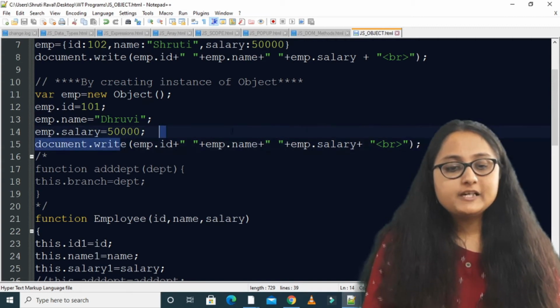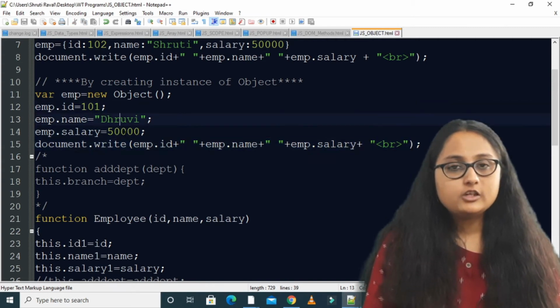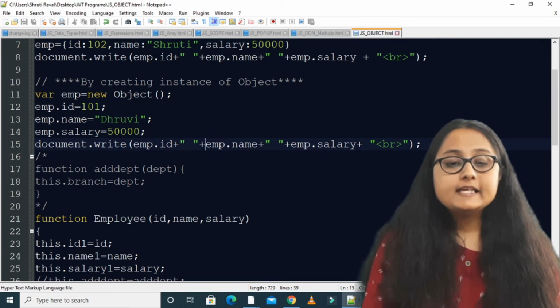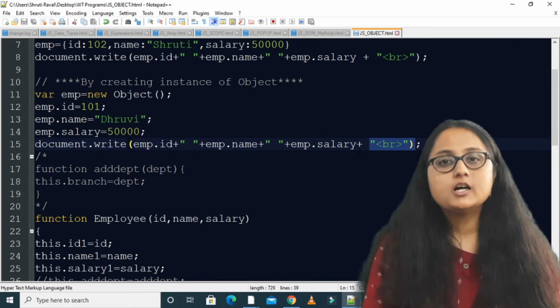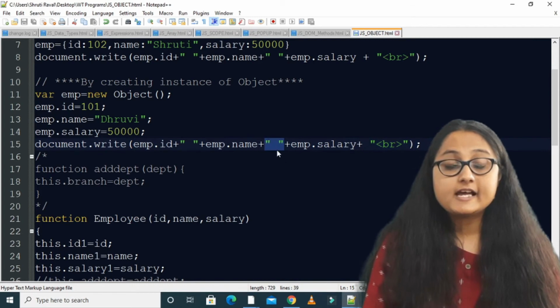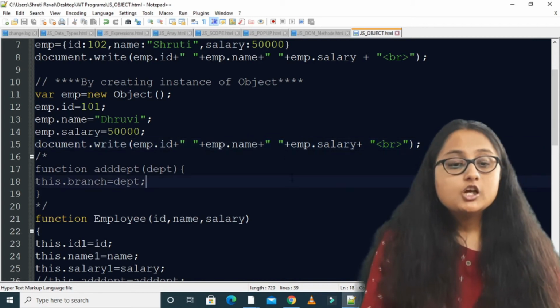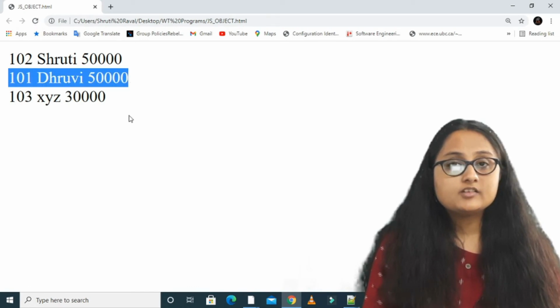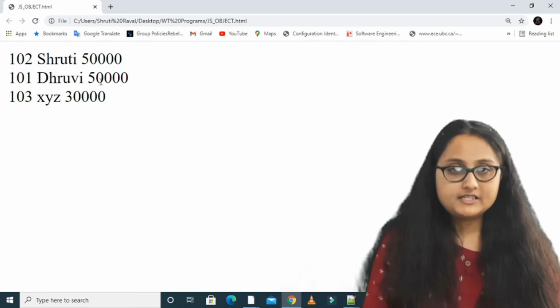Again I have displayed these values in document.write: emp.id, emp.name and emp.salary, right? And plus I have concatenated a break for breaking the line, as well as the space.